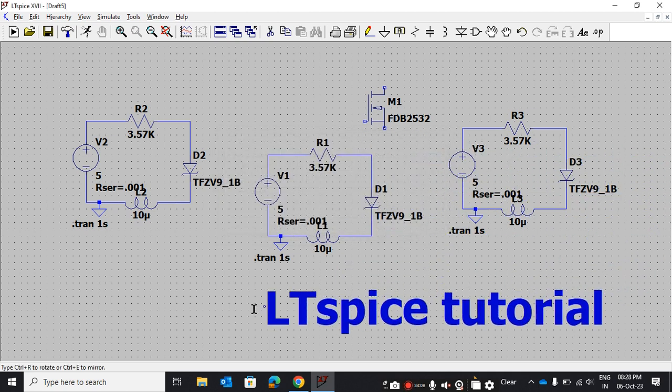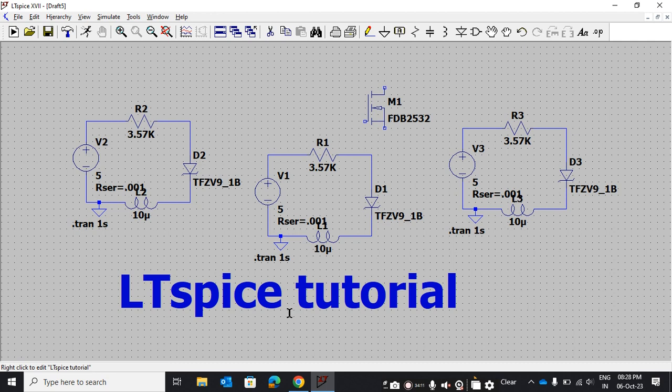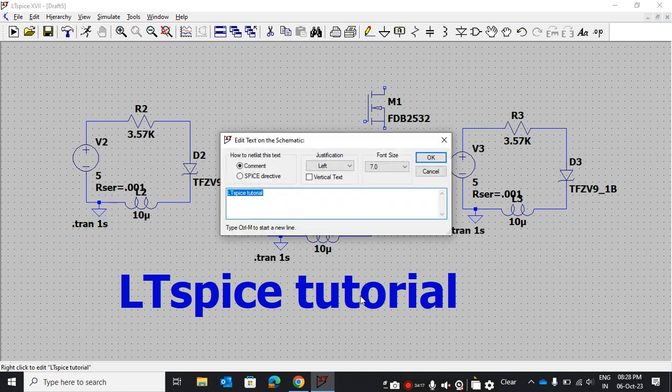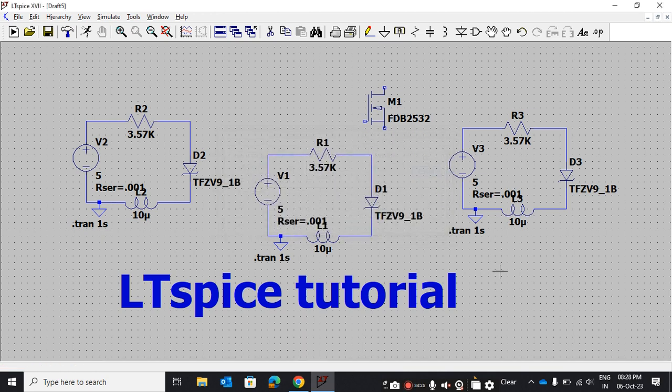Okay, let's see like this. Okay, and you will get it like this. If you want to edit it, then right click on this, and you will get the same thing again, you can edit it here. Okay, so I hope I told you the main things, and you got all the things.